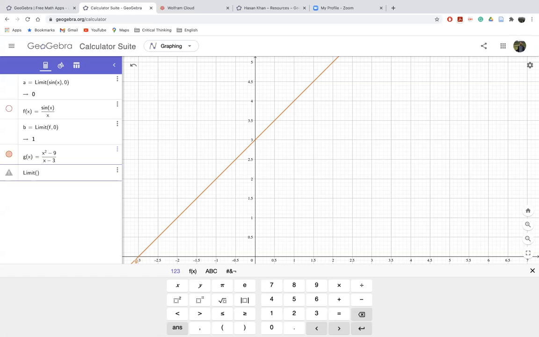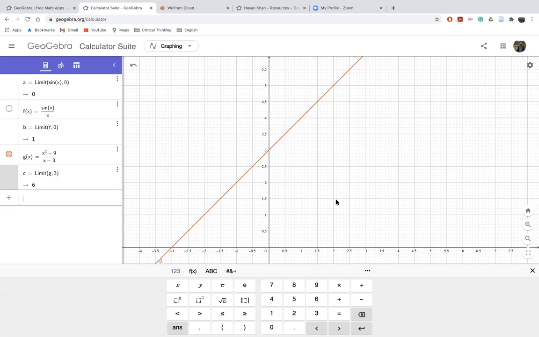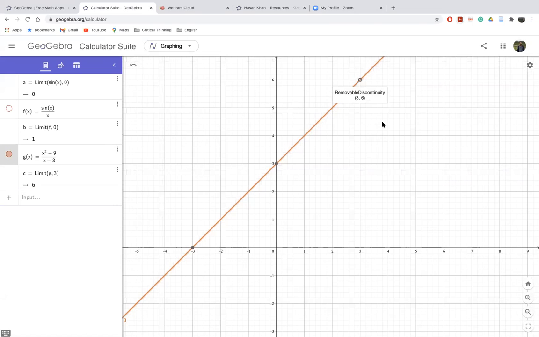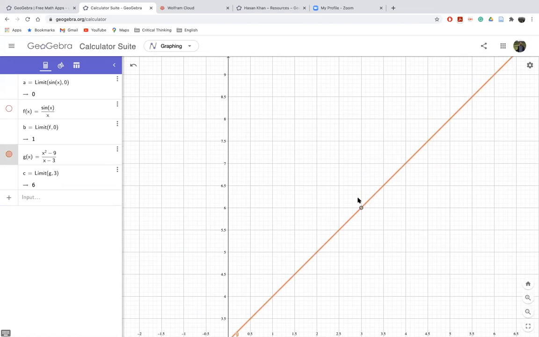We already have the function. Since the function is already defined as f here, and we want to find the limit at point 3, if you press enter, we get the limiting value as 6. So when the value of x goes to 3, the function goes to 6. It's not actually quite visible, but if I click on this point, it says